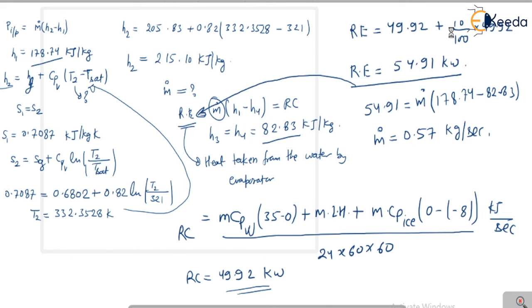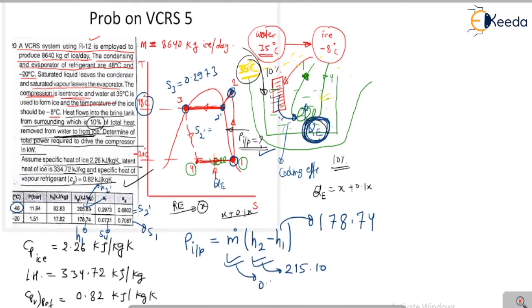Okay, so this mass flow rate is 0.57. So by this calibration of these values we can easily calculate the power input. That means mass flow rate is 0.57 in brackets, the H2 value is 215.1, and the H1 value is 178.74. Okay, and by the solution of these values we can easily calculate the power input,